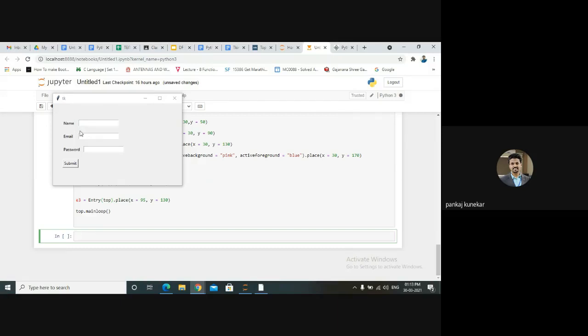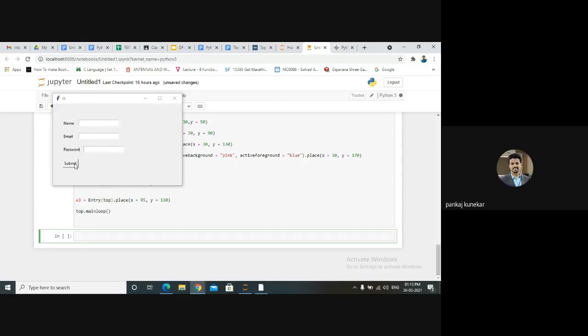Actually, the window coordinates start over here at the top left. So this is your 0, 0, and this represents your 30, 50. This represents 30, 90. This is 30, 130. And suppose you are talking about this one, so this is your 95, 130.